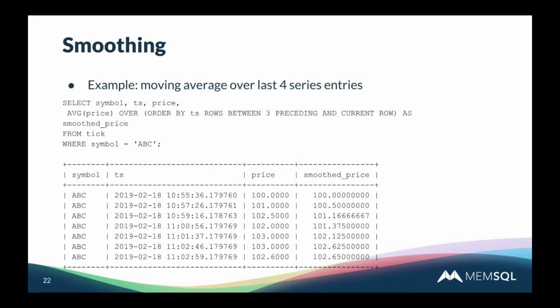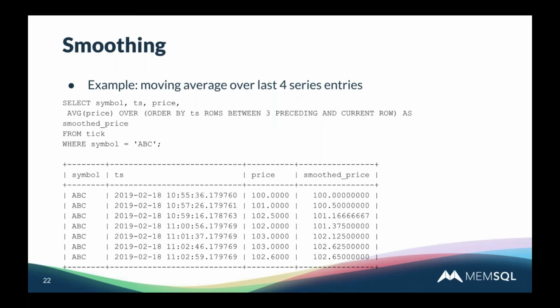So one important thing that you may need to do with time series data is to smooth the data. You might have ticks or events coming into a time series, and perhaps there's a lot of noise in those events and the curve looks jagged. You want to smooth it out for easier display and easier understanding for your users. So you can do that with